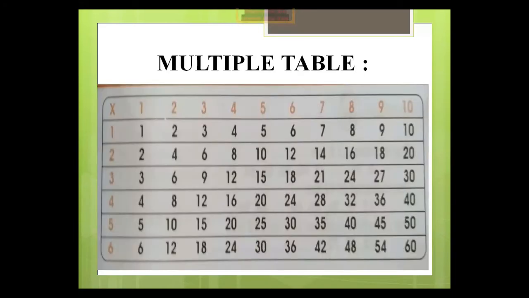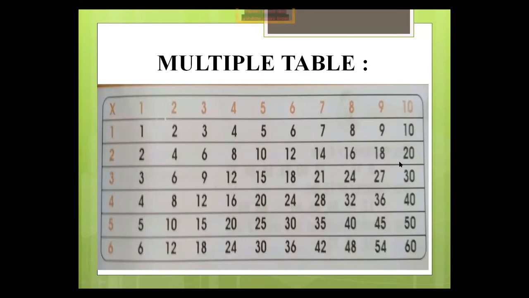Now we discuss more about the elements. In the previous slides we discussed the multiples of 1, 2 and 3. Here we have more elements: the multiple of 4, the multiple of 5, the multiple of 6. Here the sign is multiply, not x. Okay, students, this sign is represented here as the sign of multiplication.